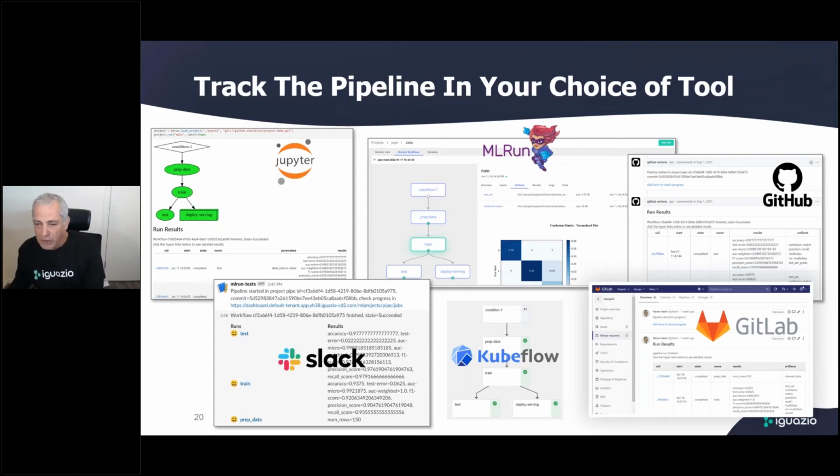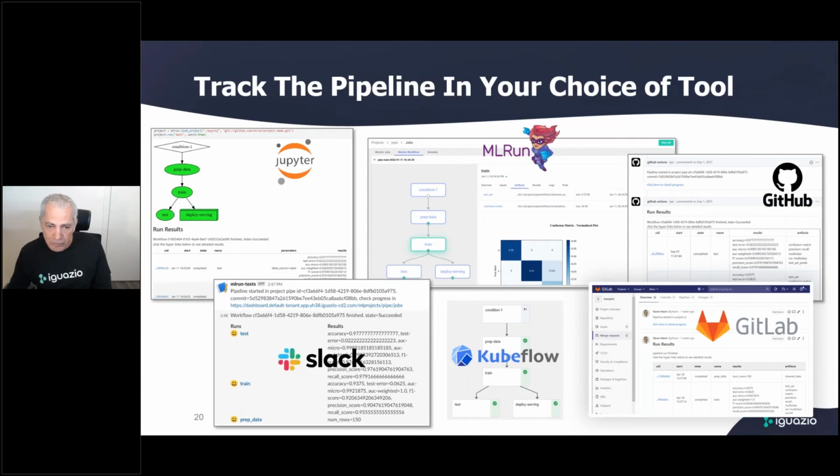So we can track the version every time we run a job. We can see what were the results of that change of our code or the change of the data. If you're a fan of Slack, it will just throw to Slack, or Kubeflow, but also TensorBoard. I didn't mention it here. So it essentially exports the data to many different tools in parallel